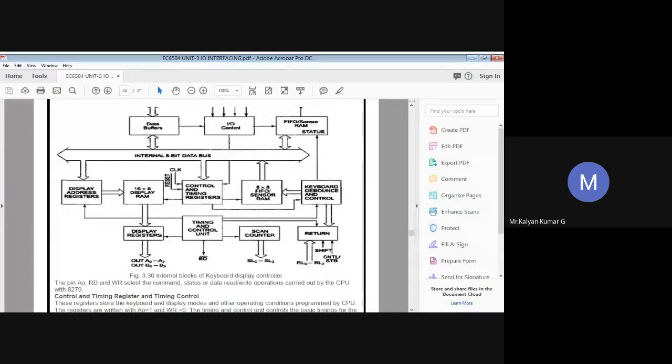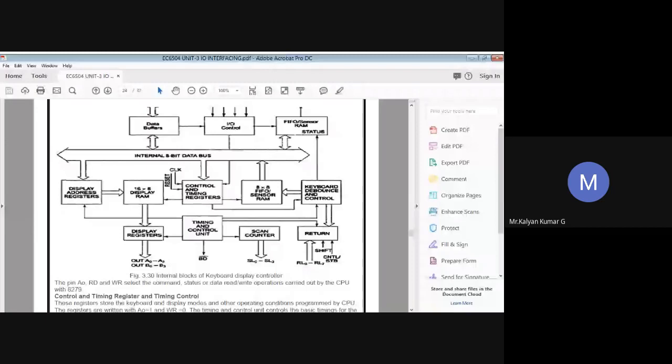Okay. So what is the function of IO control? Whatever may be the answer, you can just post your answers. What would be the function of IO control, in general? Either you can unmute yourself and answer, or you can post your answers in the chat box. What could be the function of IO control?